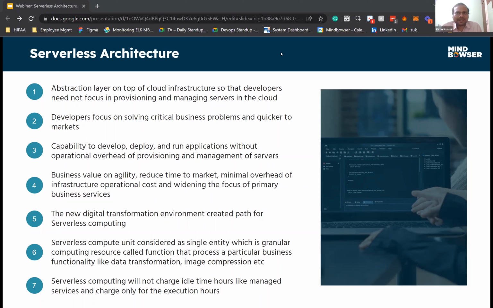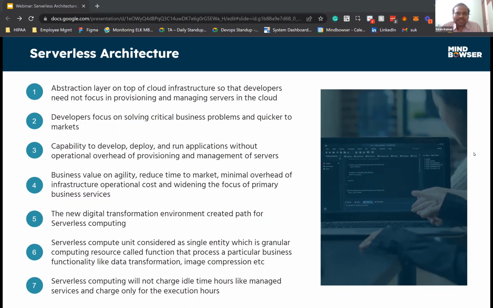Another main advantage is that developers can focus on solving critical business problems and bring products to market quicker, because project teams spend almost 30 to 40% of effort in setting up the infrastructure, setting up scaling, and setting up security.